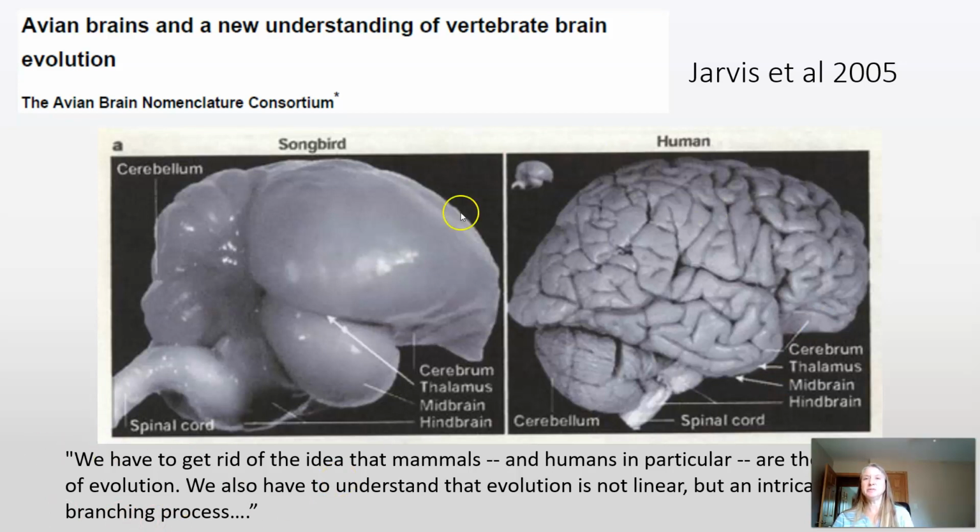Here we have a human brain on the right and a songbird brain on the left. And again, you can see that it is a bit different, but it also has some of the same structures. So this is the cerebrum. This is all cerebrum on the humans. This is what we think of, the sulci and gyri. With the birds, though, this is very smooth cerebrum. We have a midbrain. The midbrain is down in here, kind of hidden on this view. The hindbrain, and then the cerebellum, a beautiful little structure, cerebellum on both brains, and then the spinal cord.